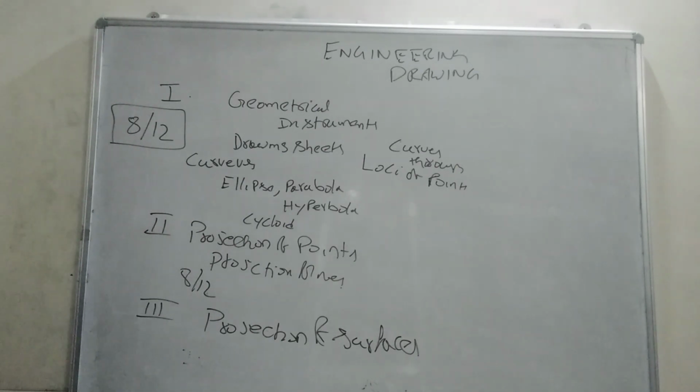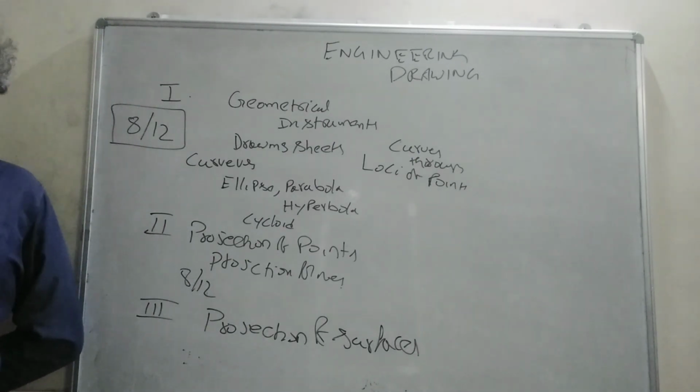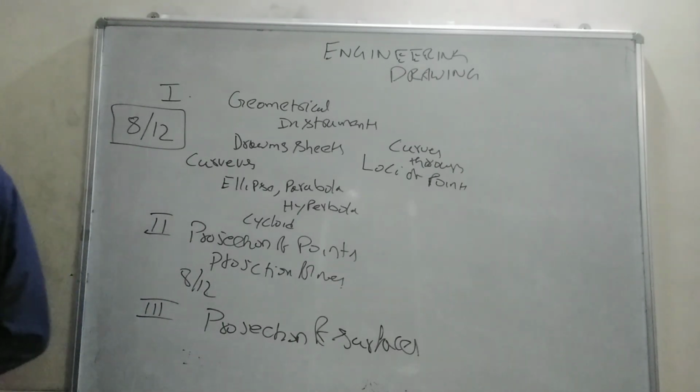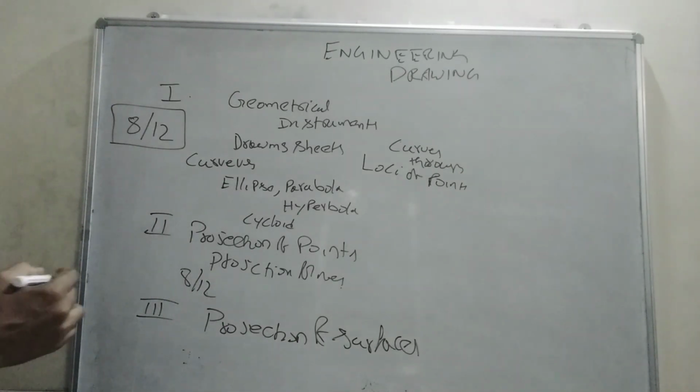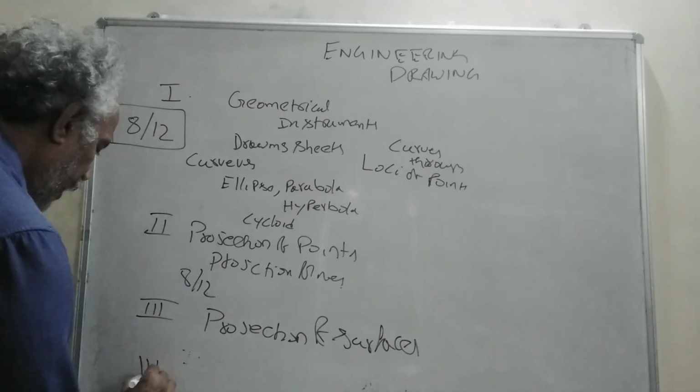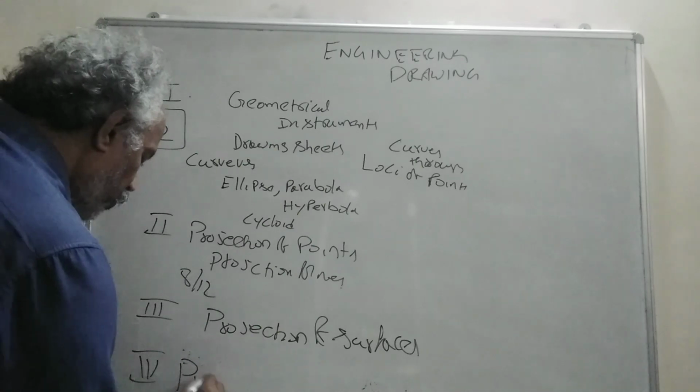then you have to draw a projection of how it will be observed if you are seeing from the front side, and how it will be observed seeing from the top side. So all these things will be discussed in projection of surfaces. And then the fourth unit is projection of